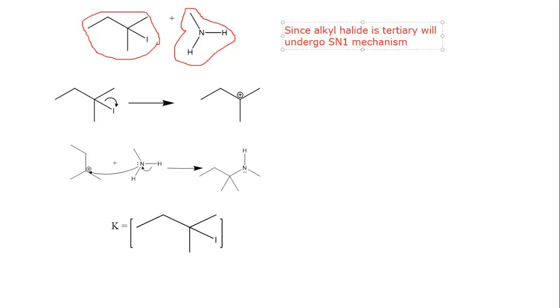That's how we know it's SN1, because it's tertiary. So what's the first step? That's right, the first step is we form our carbocation. The iodine leaves and we form our carbocation. So if we were drawing the energy diagram for this, which I'll do right here,